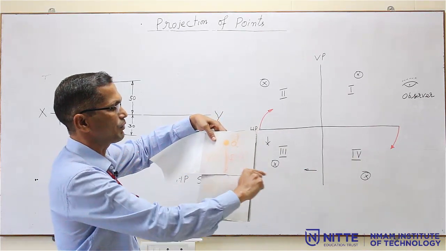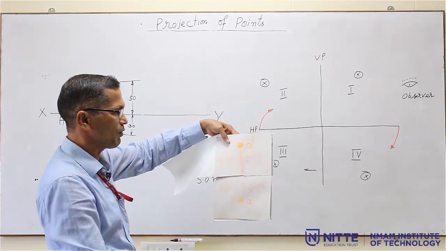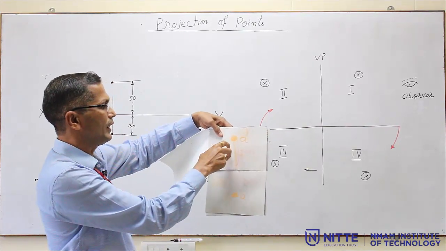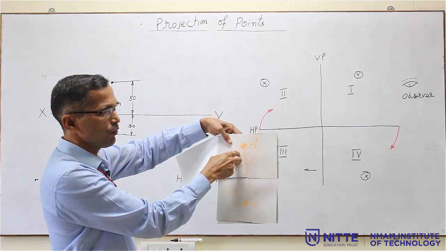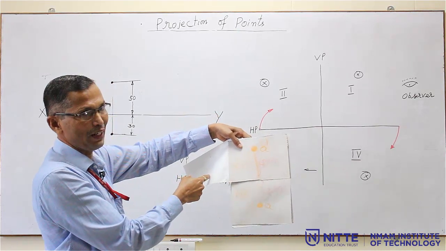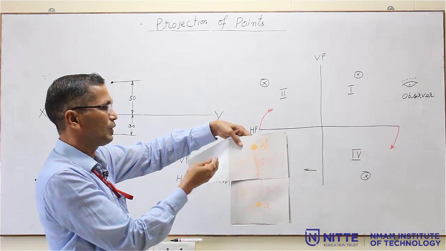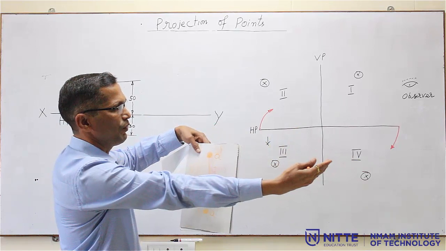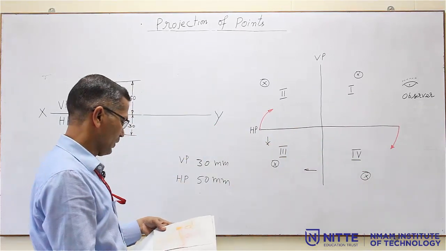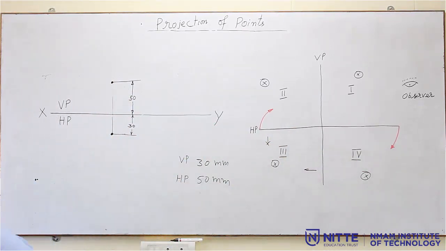That means there will be the XY line and there will be one more X1 Y1 line, and we call this portion VP, and below that HP, and adjacent to VP there will be a profile plane. If the profile plane is to the left of you, we call it LPP. If it is to the right of you, we call it RPP. Now, in this example,